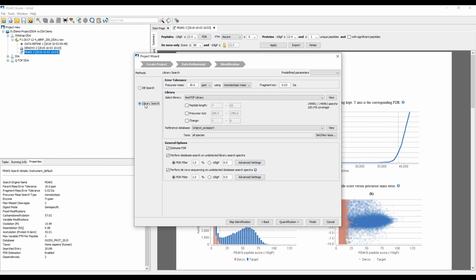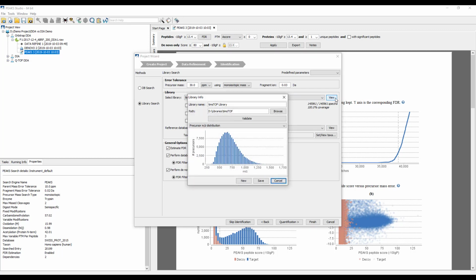To set up a new library, click the View button beside the Select Library drop-down list. Then, use the Browse button to select the location of the library you would like to search. Validate and save. A variety of charts are available to see details of the spectral library to ensure it matches